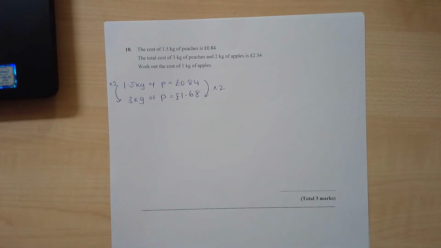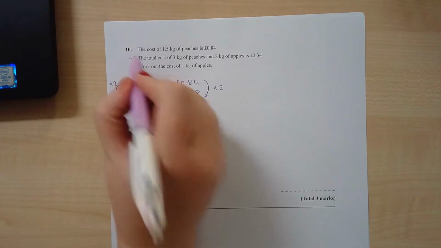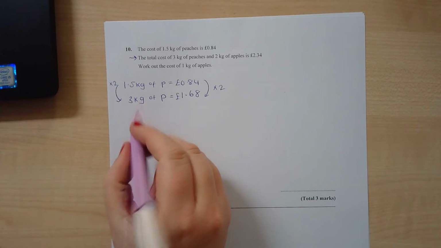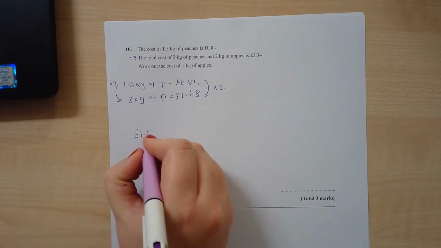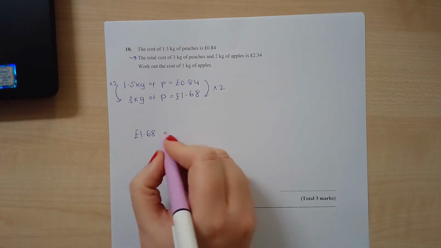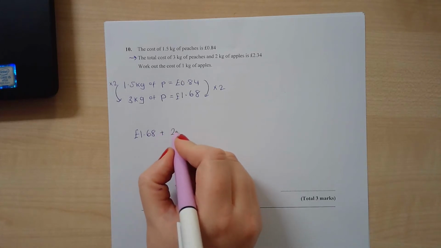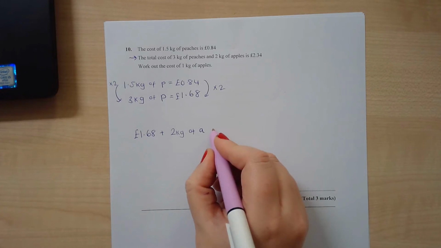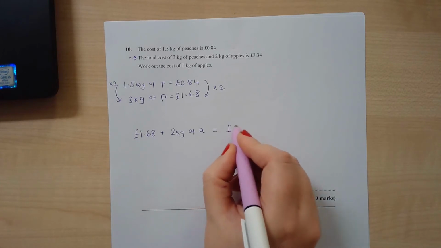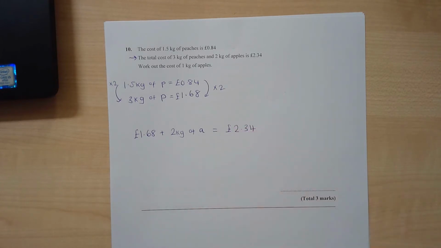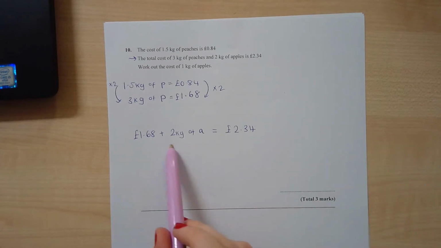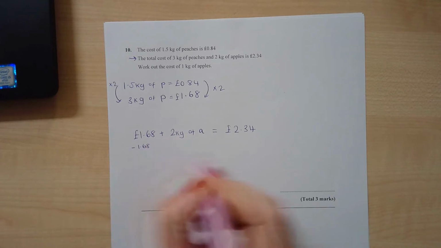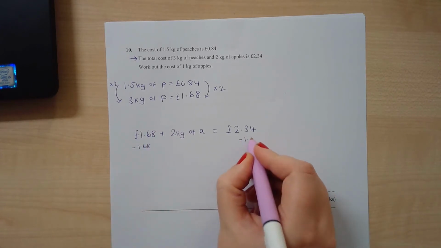My next step is putting that into this second part of information here. So 3 kilograms of peaches, £1.68, plus 2 kilograms of apples equals £2.34. To get the 2 kilograms of apples by itself, I'm going to take away the £1.68 from both sides,